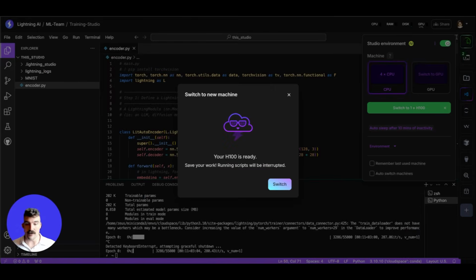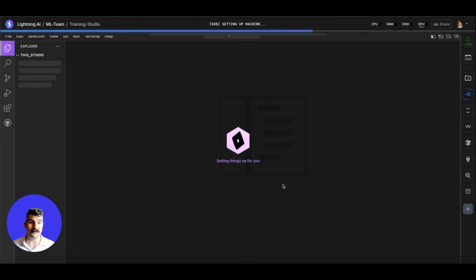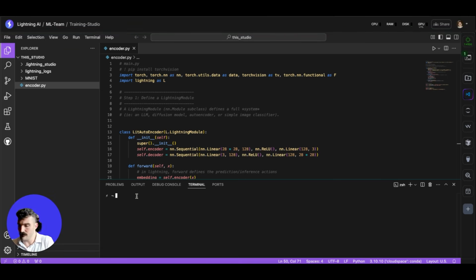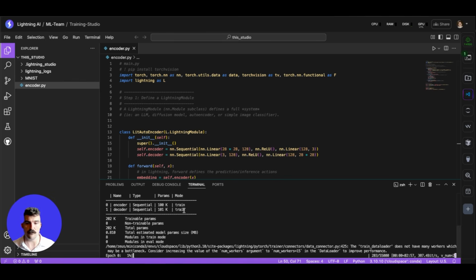5 minutes later. All right, now we can see our H100 is ready, and I can simply switch over, and Lightning, at the click of a button, is going to persist your data, code, dependencies over, and I'll be able to run that code without having to rebuild my environment at all. All right, now we can see that it's done doing the work, and I can simply press the up arrow like I would on my laptop, and we can see that the encoder is going to start working on this more powerful machine